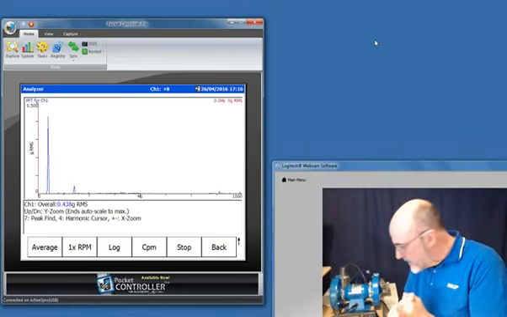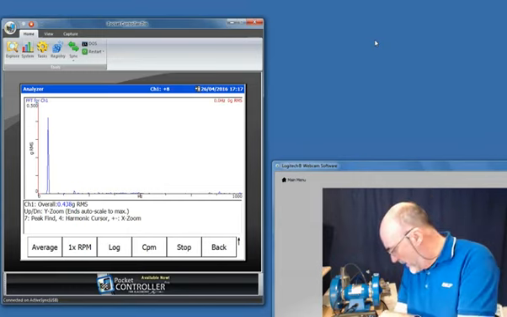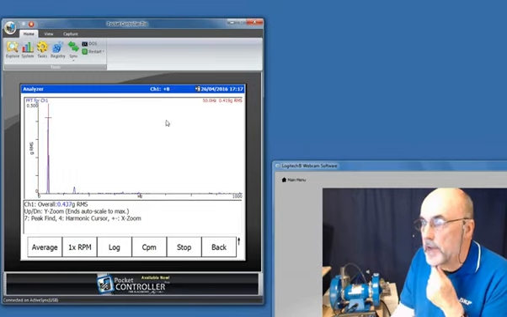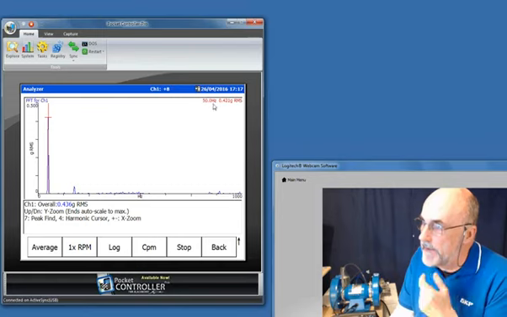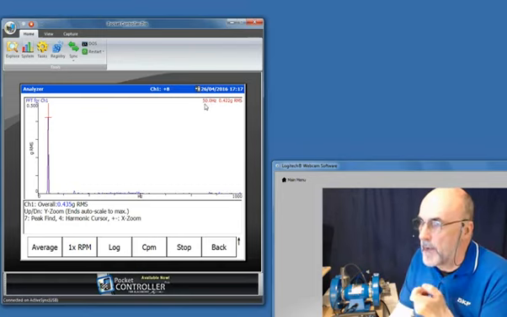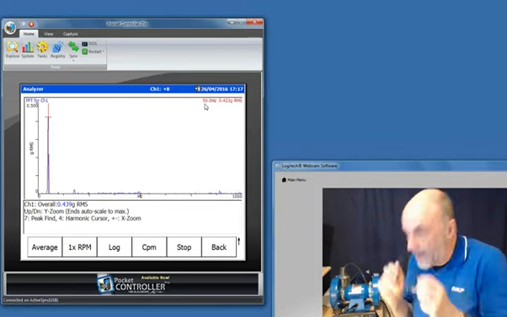Excellent. So there's my spectrum, as I would expect. If I put the cursor on this large peak here, I've just pressed the 7 key, it should hop. So I'm in the UK, our supply frequency is 50 Hertz. So the shaft is running at 3,000 revolutions per minute. If you're listening or watching in the Americas, you might get 60 Hertz.